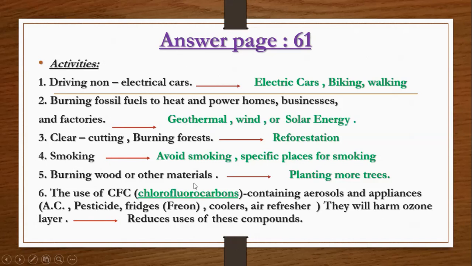These compounds can be found in old refrigerators, old ACs, solvents, pesticides, air fresheners, and coolers. All of these materials we use daily. These materials produce compounds that harm the ozone layer, which is an important layer